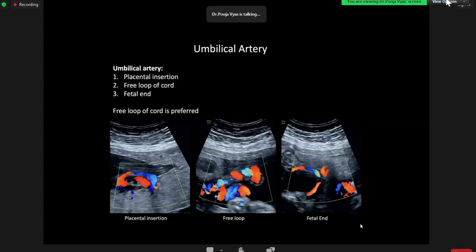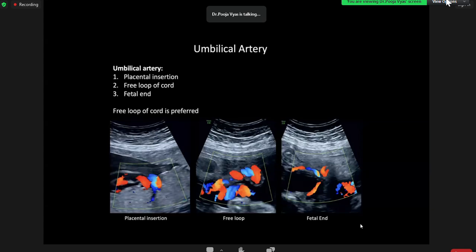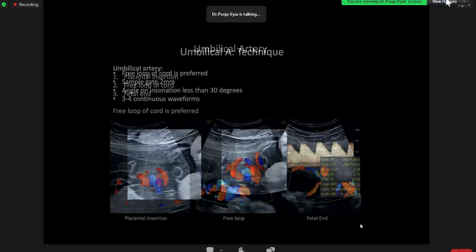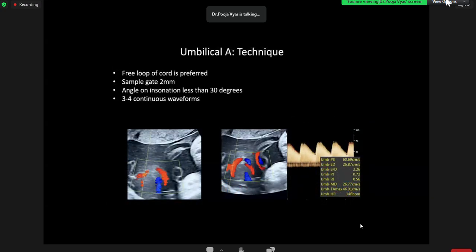Now moving on to umbilical artery. Umbilical artery is generally taken at 3 points: the placental end, fetal end, and the free loop of cord. Generally, the free loop of cord is preferred because it's easier. Okay. How do we sample the umbilical artery? We take a free loop of cord. We take a sample gate of 2 millimeter. Angle of inclination is less than 30 degrees. And we take 3 to 4 continuous